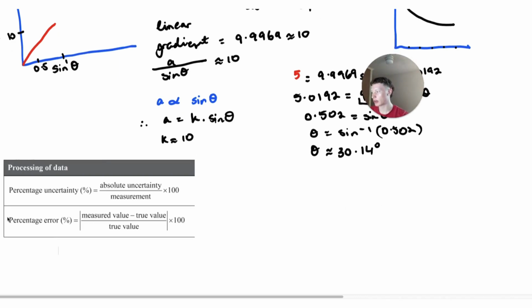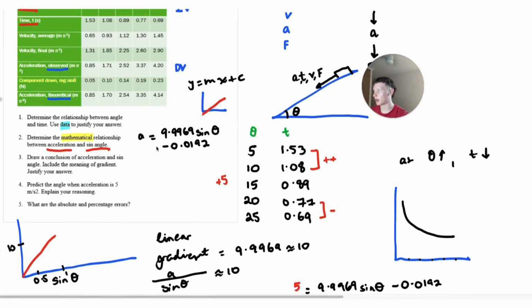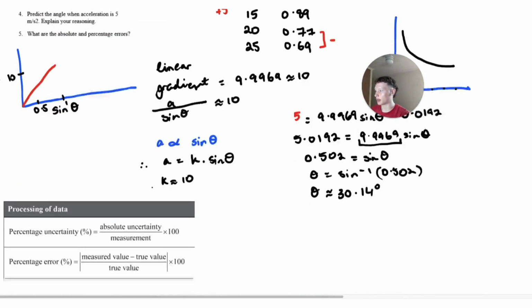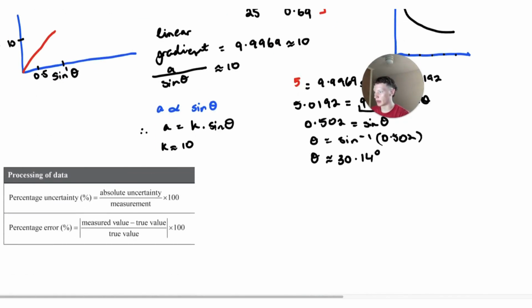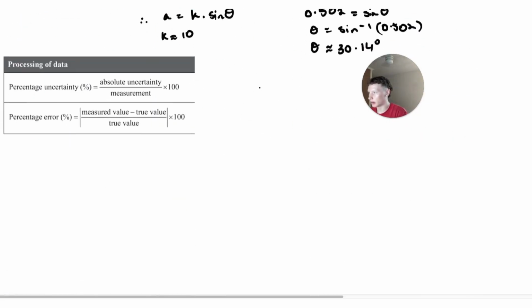So let's calculate the percentage error first, and then from that, let's calculate the absolute error. And what are we looking at here? Well, it comes back to this idea of observed versus theoretical. That's the giveaway. And if you look at the formula, observed is going to be our measured value, and our true value is going to be the theoretical. So if we plug that in,